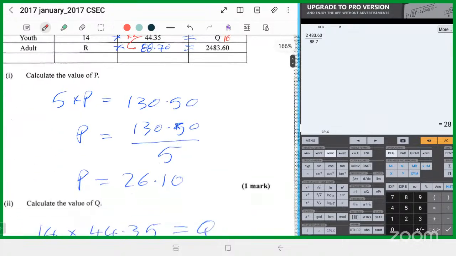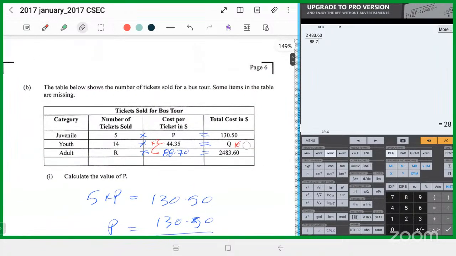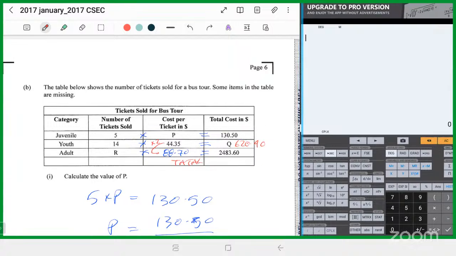1620, let's see. 620.90. 620.90. This is 620.90. Then we can get a total on this line, to get what the total amount collected was. So when I add these three figures now to get the total, it's going to be